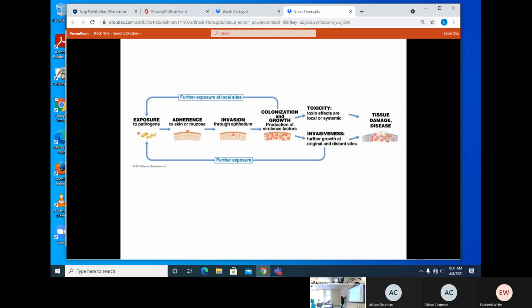That contributes to host damage. It's something that the microbe has and that it makes, and a physical property of its being that it has genes for, that makes it more damaging. So for example,